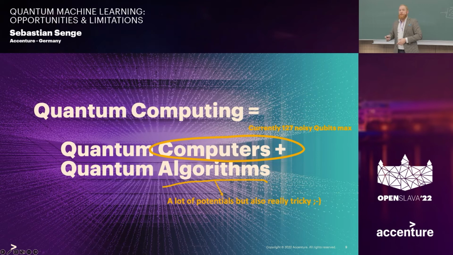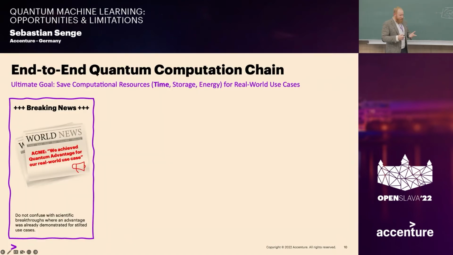but to actually use quantum computers to solve large instances of some problems, we need much more. But the good thing here is that all of the vendors of quantum computing hardware try to stick to an exponential growth of these qubits. So by the end of the decade, one of the common expectations is that we'll have quantum computers which can really tackle larger problems than we could do on classical computers. Well, and we also heard about quantum algorithms. A lot of potential, but at the same time, they're pretty tricky to understand and to program, right? And if we know that quantum computers are not that mature yet, and quantum algorithms are not that easy to use,